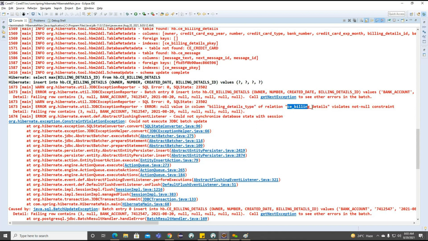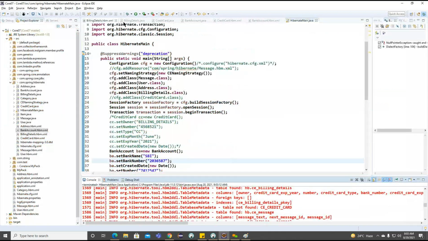Null value in the column called billing details type, relation billing details here. Okay, so here we are having billing details type. Now it is not updated with the particular object, the table here. Basically, we need to recreate the table here. We need to recreate this particular table here. So to create this particular table,